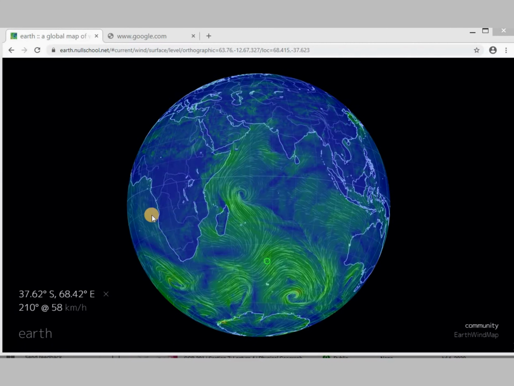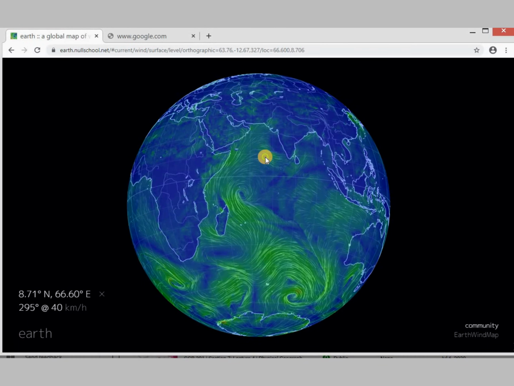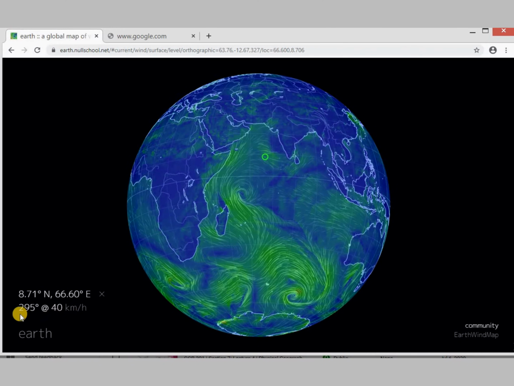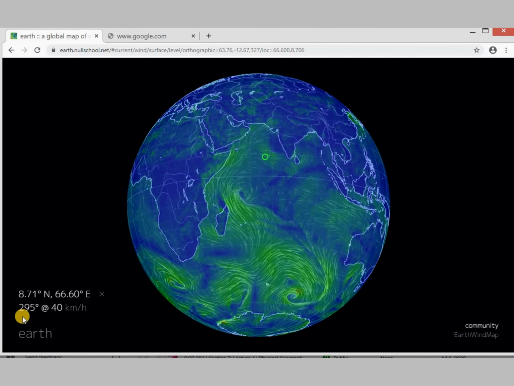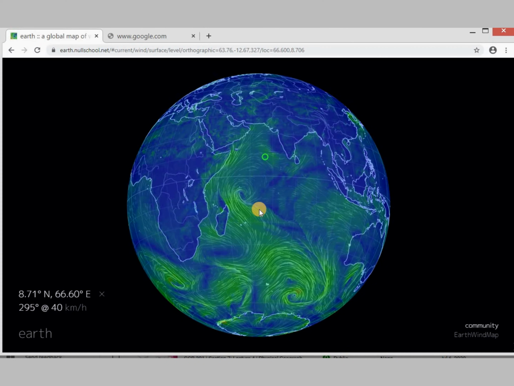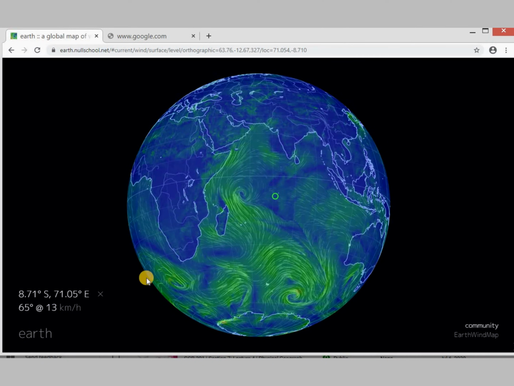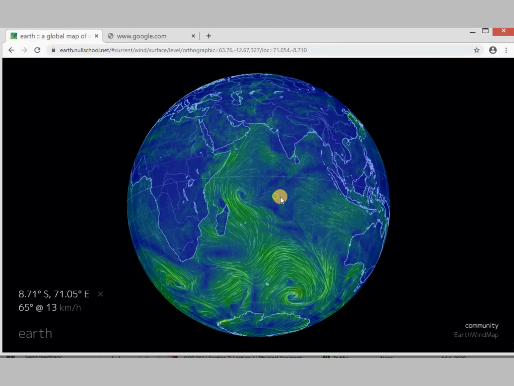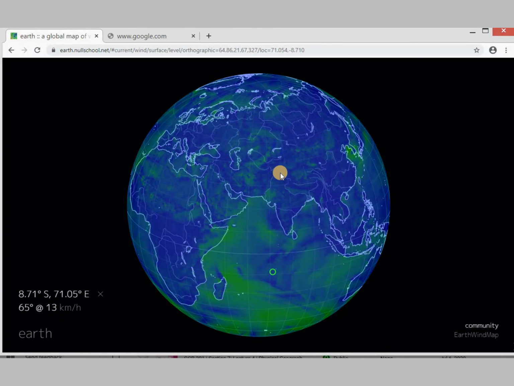So now let's explore few more wind direction and speed. And the wind speed is 40 kilometers per hour and the wind direction is 295 degrees. That means it is somewhere between northwest. Now here the wind speed is quite slow, it's 13 kilometers per hour, while the direction is 65 degrees, that is towards northeast. Now on land,